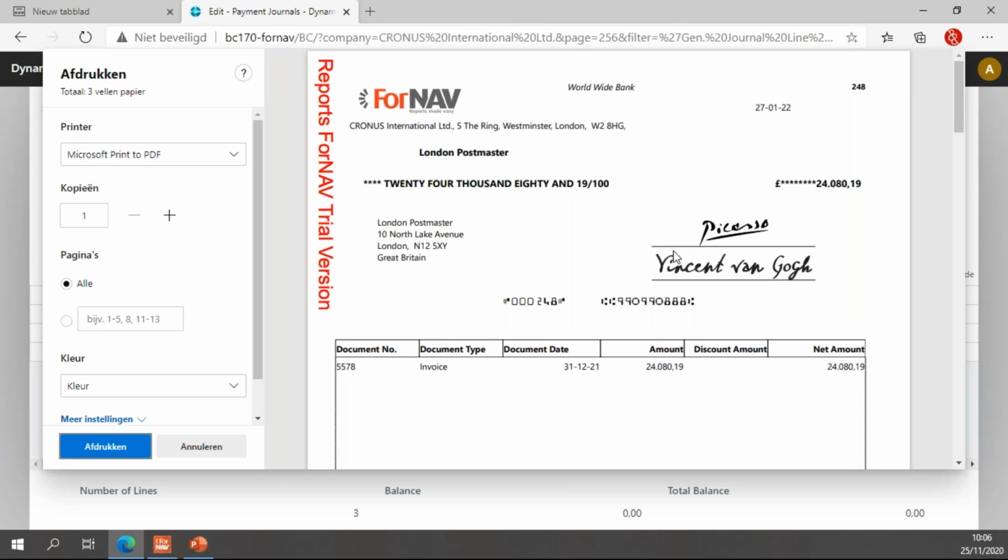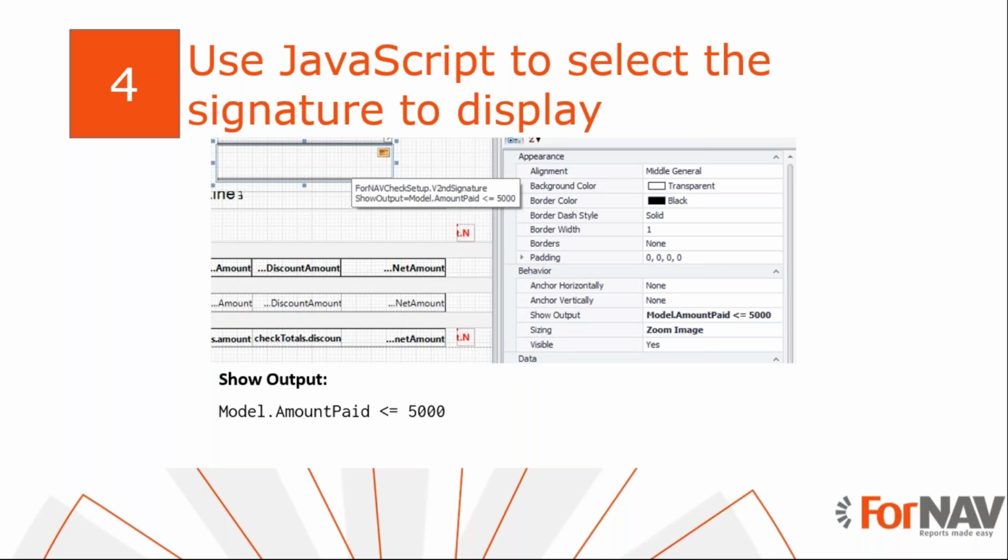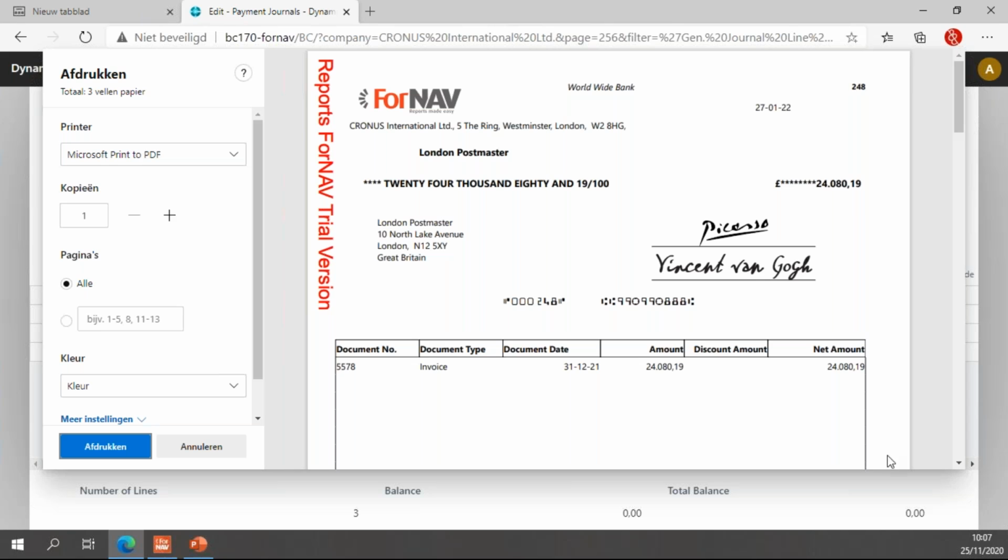Right now you will notice I have two signatures, Picasso and Vincent van Gogh, and the two lines underneath my checks. Finally, we want to add the logic to choose which signature and which blank line is displayed. So that logic being that on the first check, this one is over 5,000, I would expect two underlines and